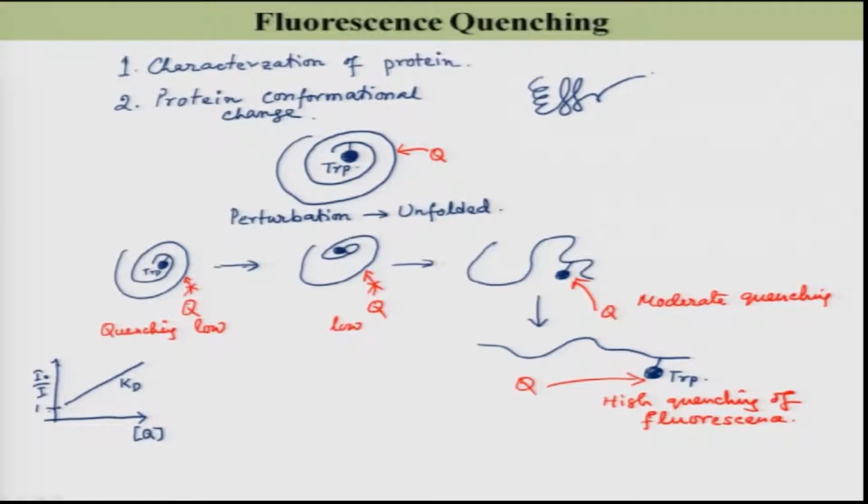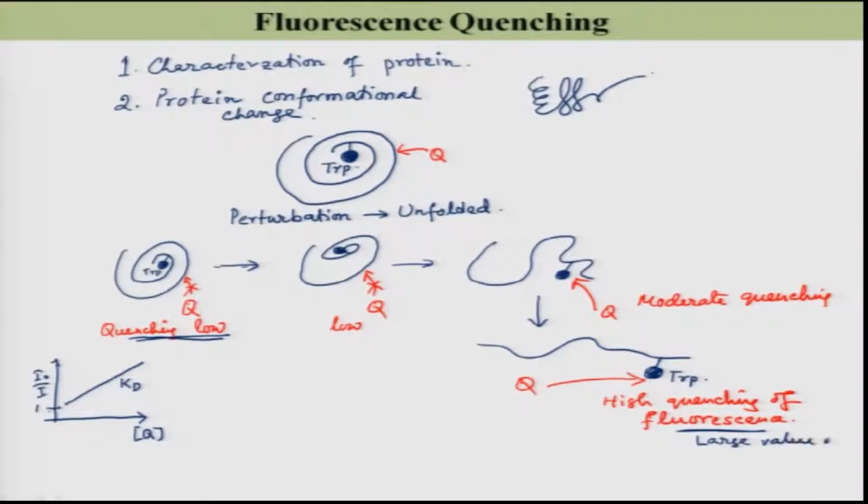So, Kd more means the quenching is more. So, for this case where the quenching is low, I will get a low value of Kd, then as I go in this direction, the Kd value will be larger and larger. So, large